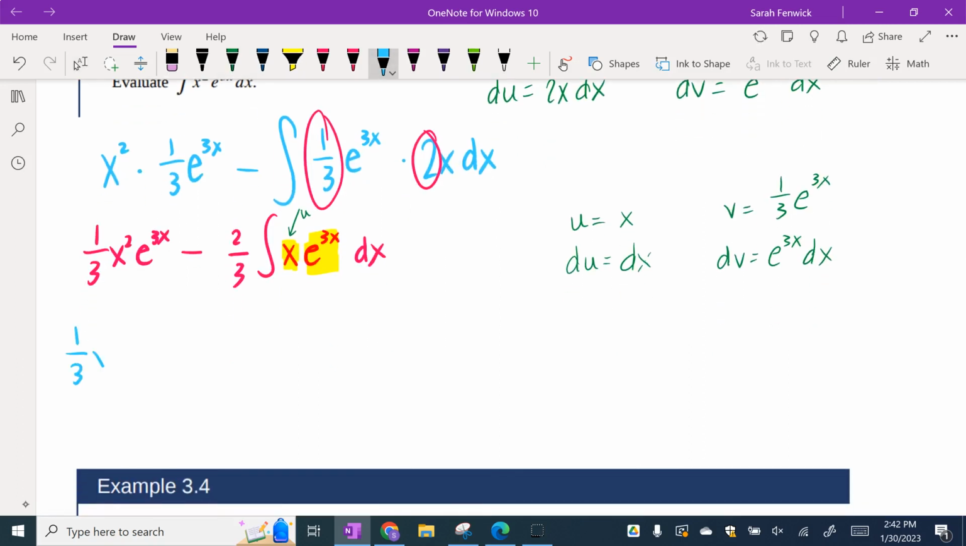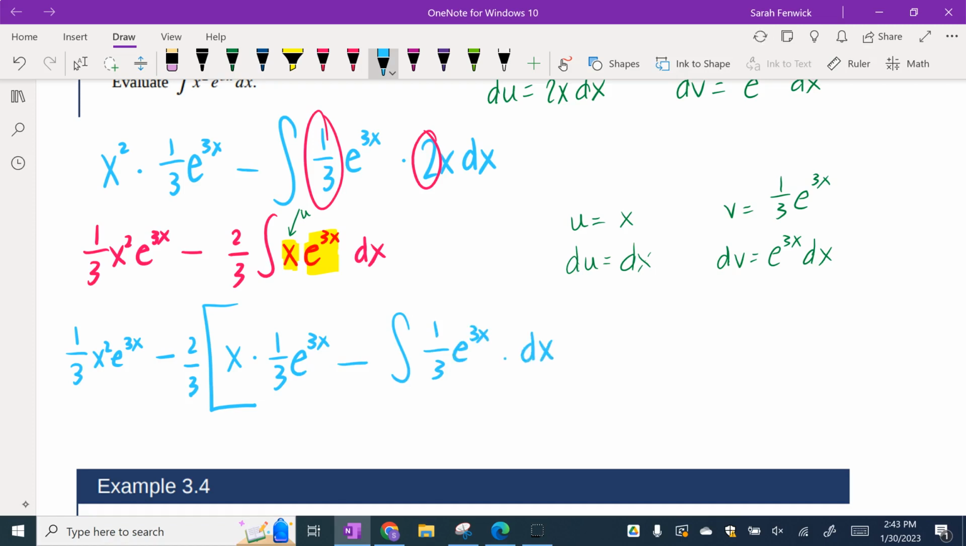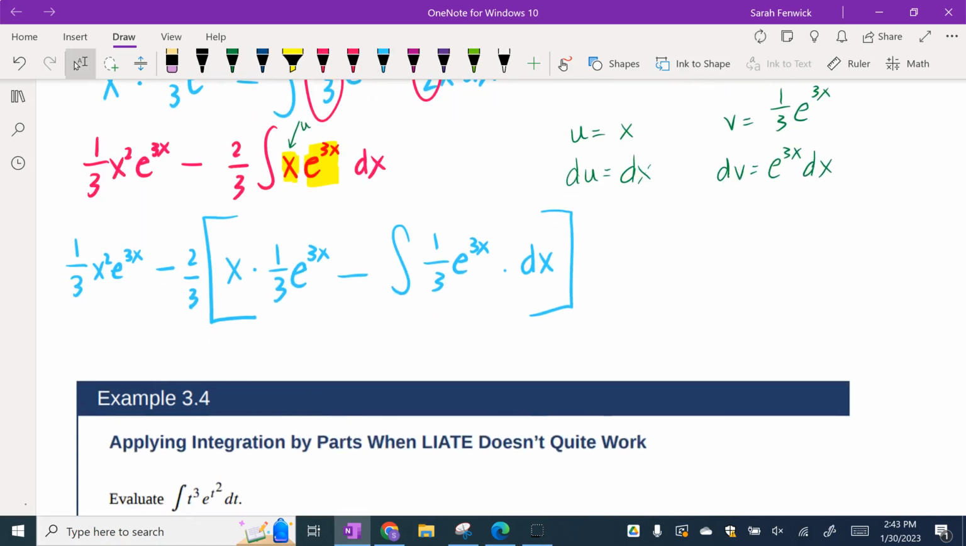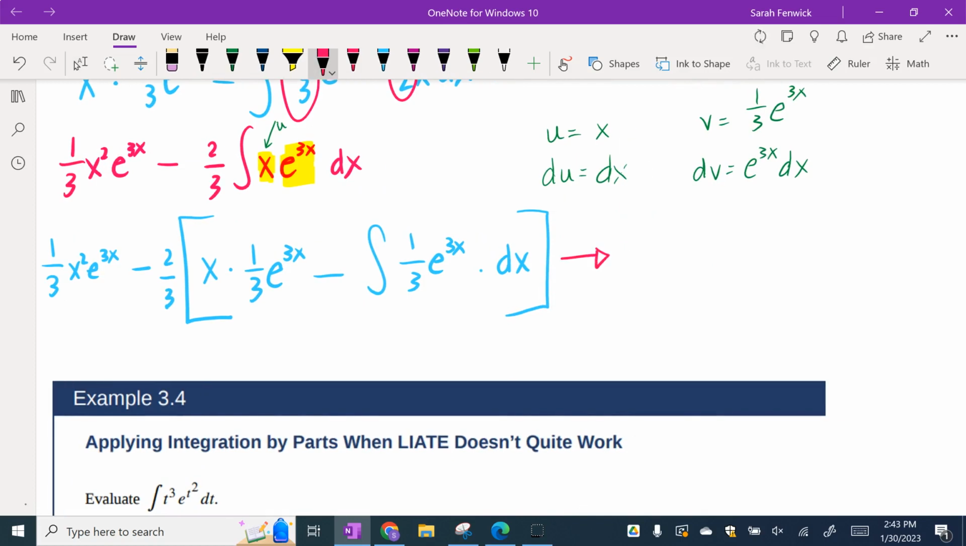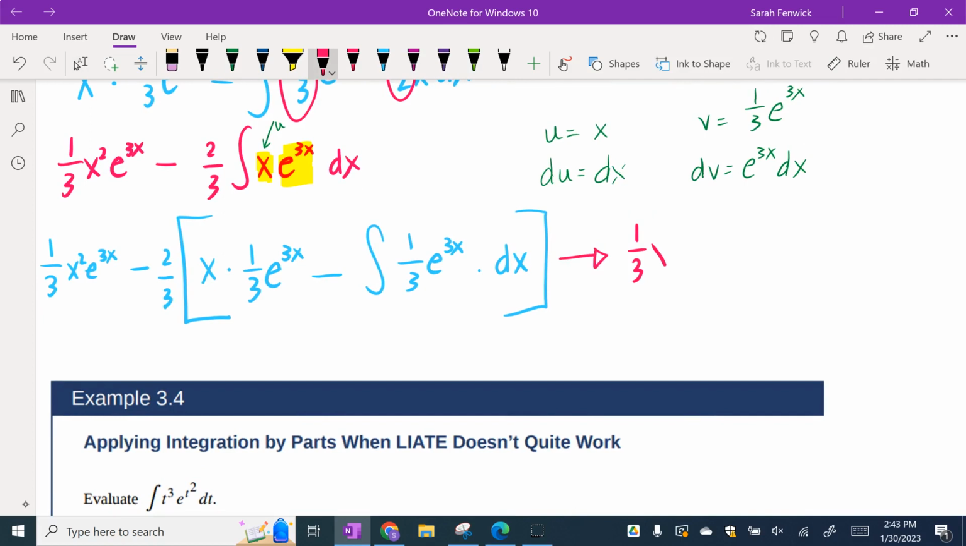I'm keeping this 1/3 x squared e to the 3x over here minus. I'm going to put my 2/3 right there. uv minus v du. Now I'm down to just one thing that I can integrate. Okay, so I'm going to have to start going this way. I have 1/3 x squared e to the 3x minus 2/3 times 1/3 is 2/9 x e to the 3x